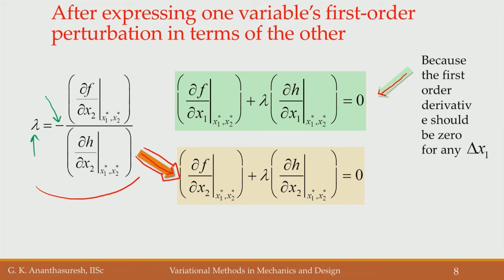So, if you look at this, this was the necessary condition when we eliminated delta x 1 and had only delta x 2. This is the way we defined lambda. So, these two equations if you see, they have a pattern. This is dou f by dou x 1, this is dou f by dou x 2, this is dou h by dou x 1, this is dou h by dou x 2, both have lambda, same lambda. So, we got now two equations, which are identical with respect to x 1 x 2. Now,